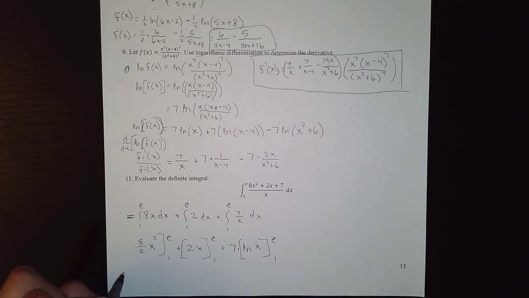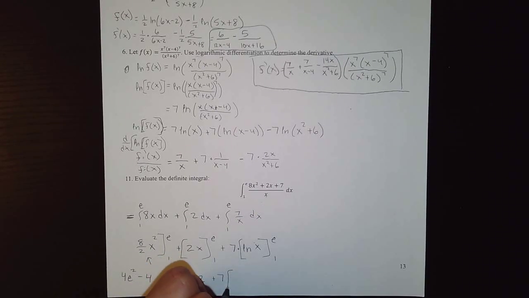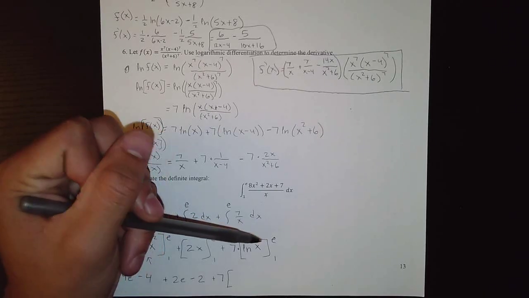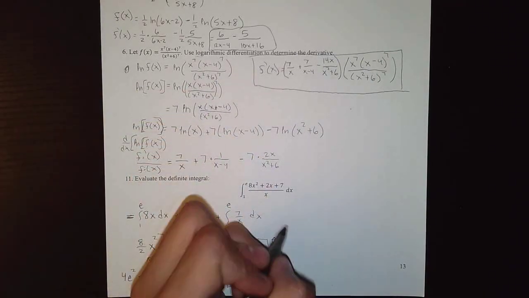Well, this is just 4e squared minus 4, and we're adding it to 2e minus 2, plus 7 times the natural log of e is 1. And this is because